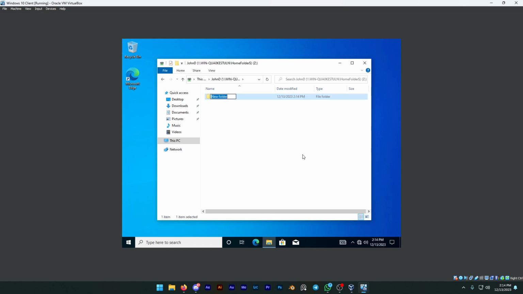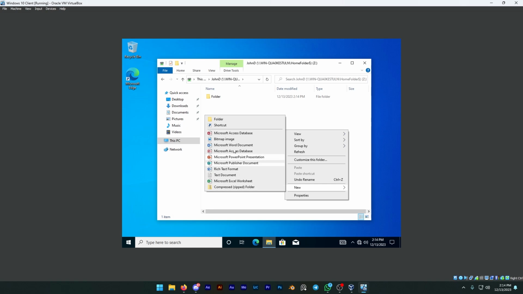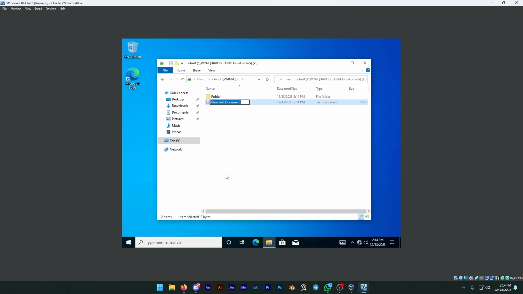So to test this, to make sure it's working, you can go into it, you can create a new folder, name it whatever you want. So in this case, we're just naming it folder, but then we're going to create a little text document. Press text,